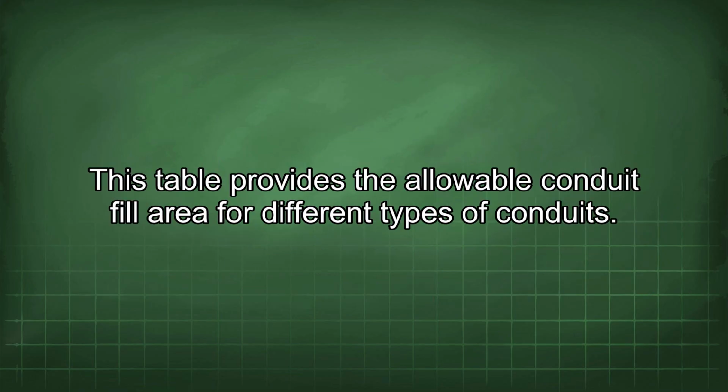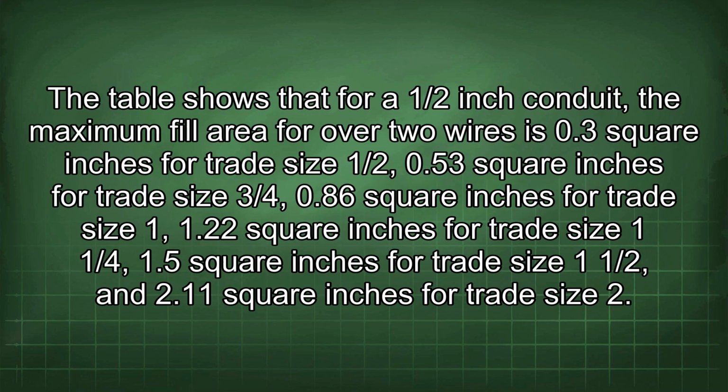This table provides the allowable conduit fill area for different types of conduits. The table shows that for a 1/2 inch conduit, the maximum fill area for over 2 wires is 0.3 square inches for trade size 1/2, 0.53 square inches for trade size 3/4, 0.86 square inches for trade size 1, 1.22 square inches for trade size 1 1/4, 1.5 square inches for trade size 1 1/2, and 2.11 square inches for